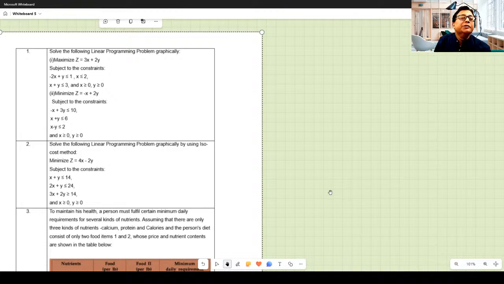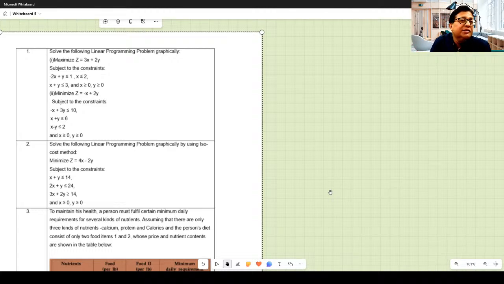So if you have not done this part properly, this part means what? Solution of linear programming problem. Formation of linear programming problem I have explained. If you are good in English, in understanding the statement, you can form a linear programming problem. Today's class I will be showing you how linear programming problem can be solved efficiently